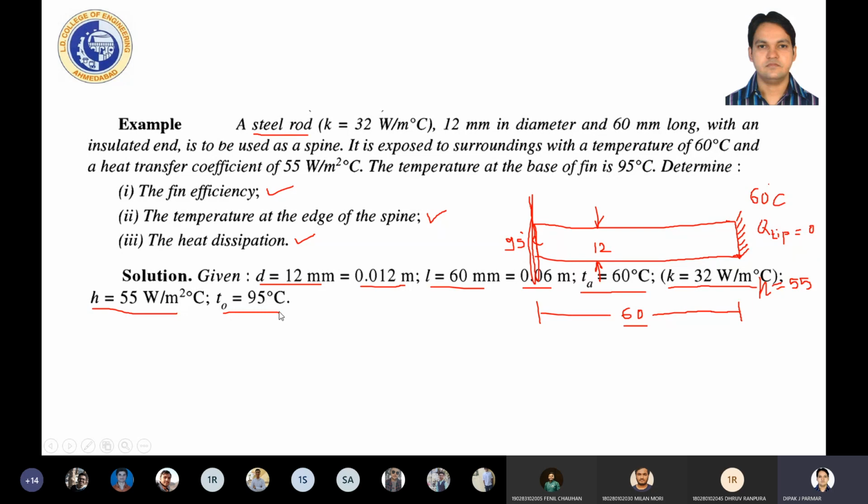If any of these values varies, what will be the effect on all three terms: efficiency, temperature, and heat dissipation? Now, when you want a parametric study, hand calculation will not serve your purpose, because if one parameter changes, you need to do the whole calculation by hand, and that is not feasible, right? So right now, all engineering disciplines use different tools.